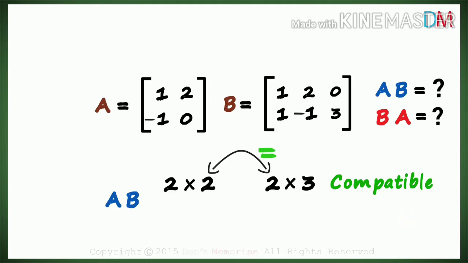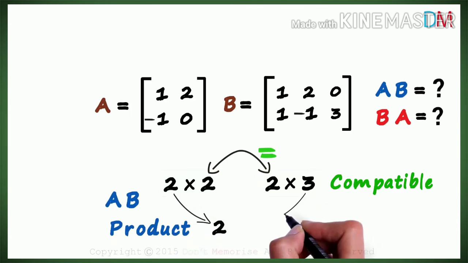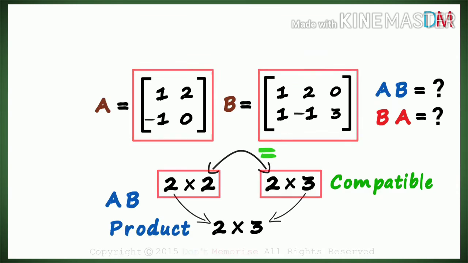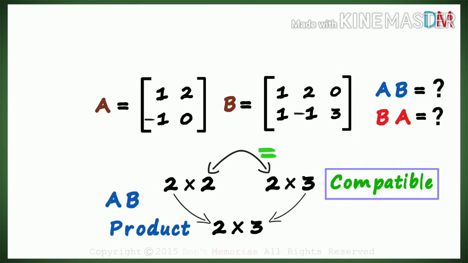But as discussed in the previous session, we could have just counted the number of columns of the first matrix and compared it to the number of rows of the second. Why is it a better idea to find the orders of the matrices? It's because this also gives us the order of the resulting product. The first number is 2 and the fourth number is 3. This will be the order of the resulting product, 2 by 3. Now you know why finding the order of each is better. They not only tell us the compatibility, but also the order of the resulting product.